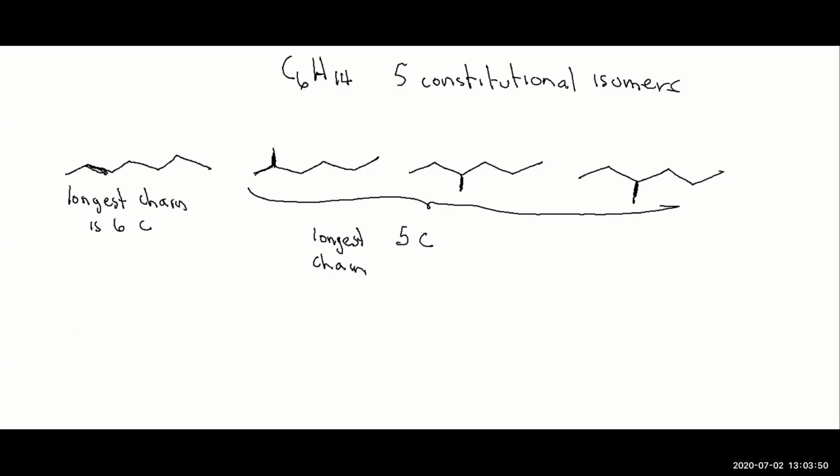So you'd have 1, 2, so you'd have 4, 1, 2, 3, 4 as the main chain. So what you can do is put a methyl group here, and a methyl group right here. Then you can have one where you just put the methyl groups on the same carbon. Oh, this is tricky.